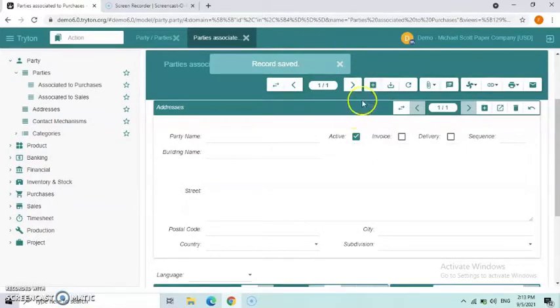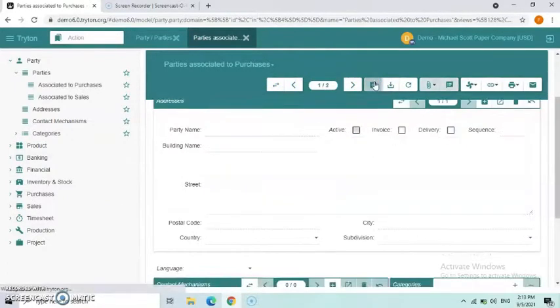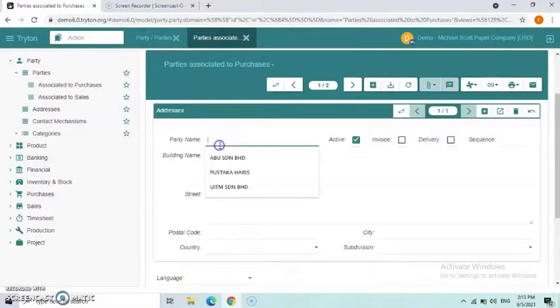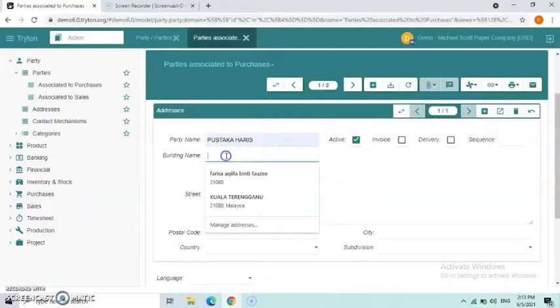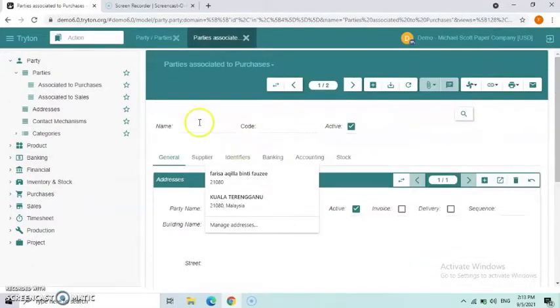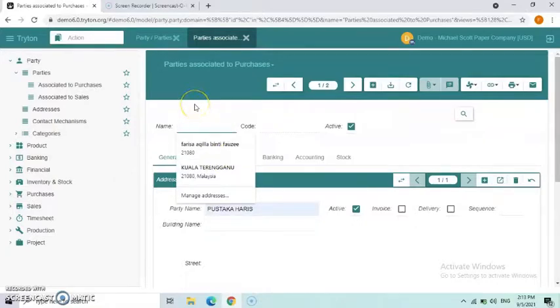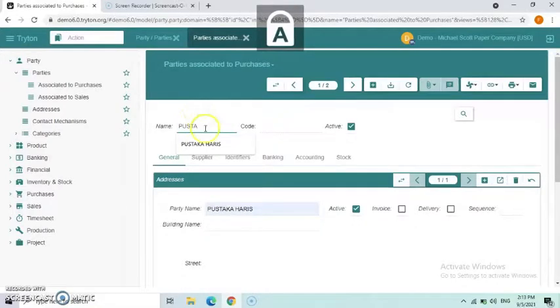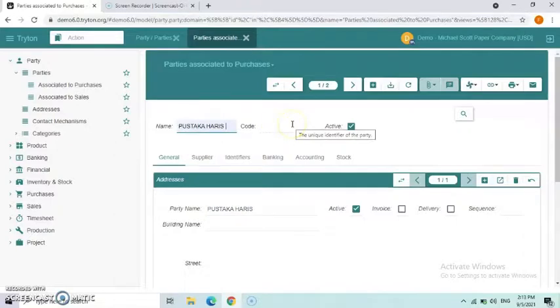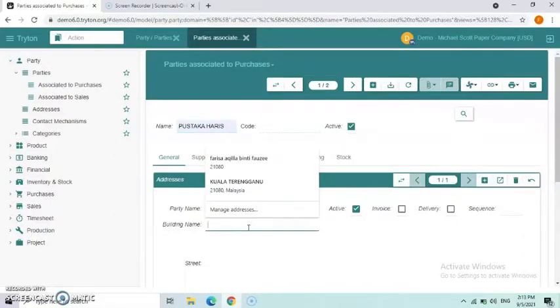But what if you want to add a new record? You can just click the plus button. Let's say I want to add Pustaka Haris, the building name. For the first one, the name, I choose Pustaka Haris. The code will be auto-generated by the system. So for the building name, let's say,